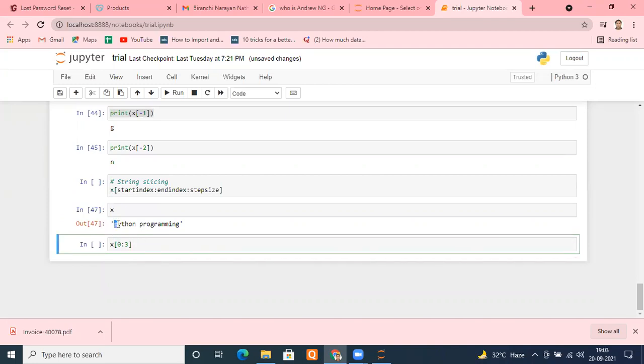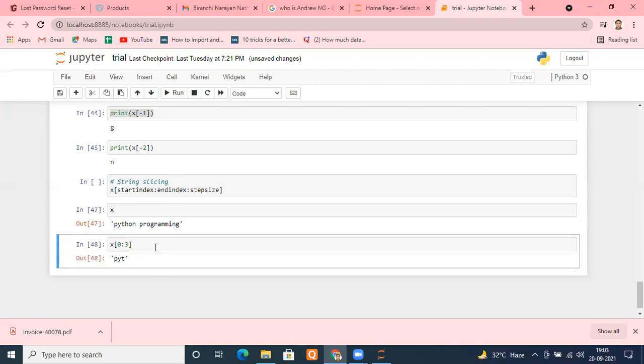We should get P, Y, and T, right? P, Y, and T. Is it fine? So that means it prints up to only 2. Yes, whatever index you put at the end, it will take 1 less than that. Got it?